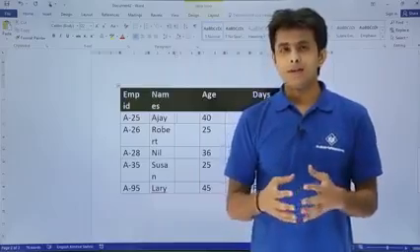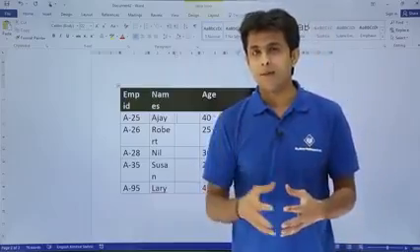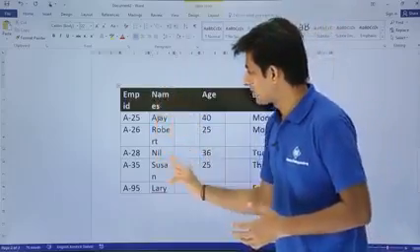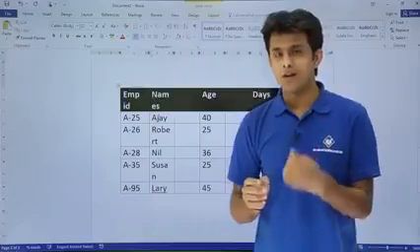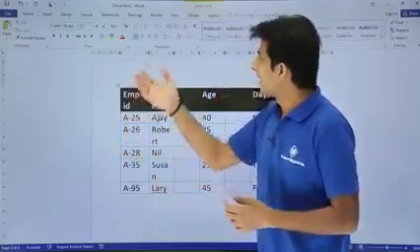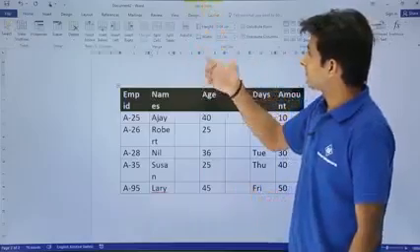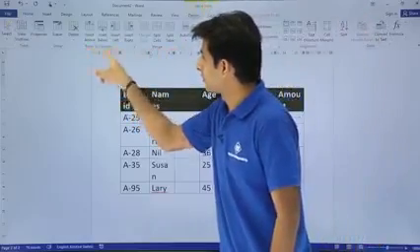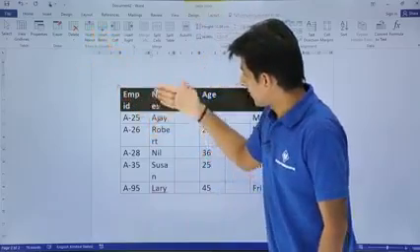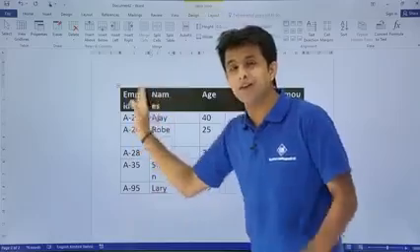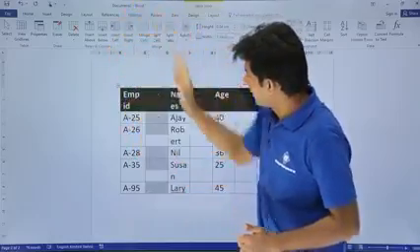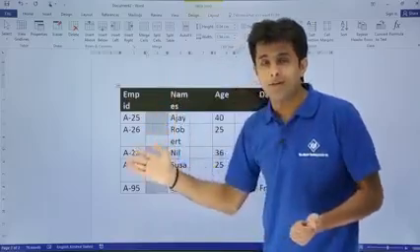Now there's one more method using the menu bar, or you can say the tabs. How do you insert? Simple method. I'll just keep my cursor in this names column. If I want to insert a column before this column, I can go to this layout tab, and you see that is nothing but rows and columns. I want to insert above, below. I want to insert above and below. No, I want to insert on the left hand side. So I'll just click on this insert left. You observe what will happen. So insert left, a left column will be inserted.